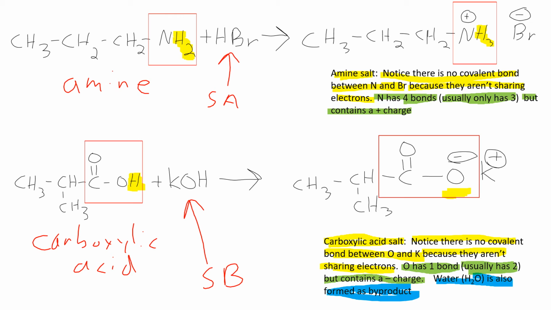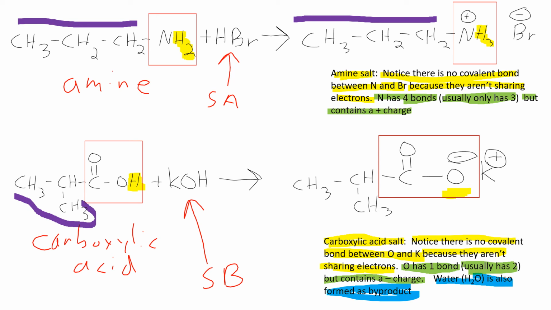A couple other things we want to notice about these reactions is that, again, the only changes are happening at the functional group, inside the red boxes. We look at the rest of the molecule. On the amine reaction on the top, the rest of the molecule didn't change. Look underneath the purple. No changes happen there. The only changes happen with the functional group. We look at the bottom, underlined in purple again. The rest of the molecule did not undergo any changes for this.